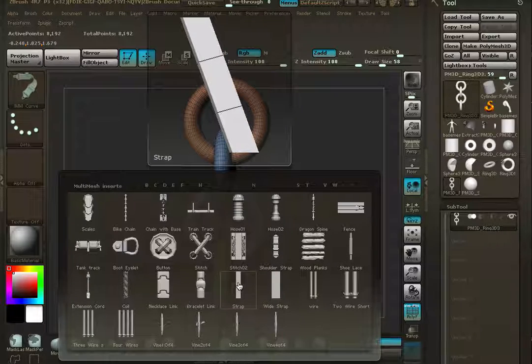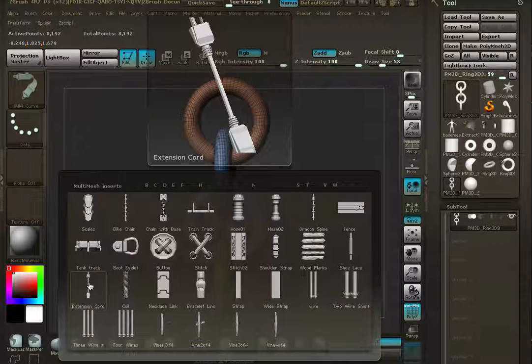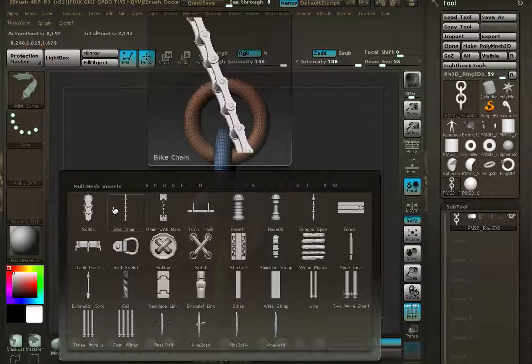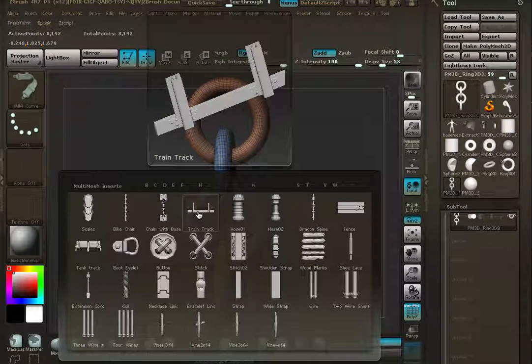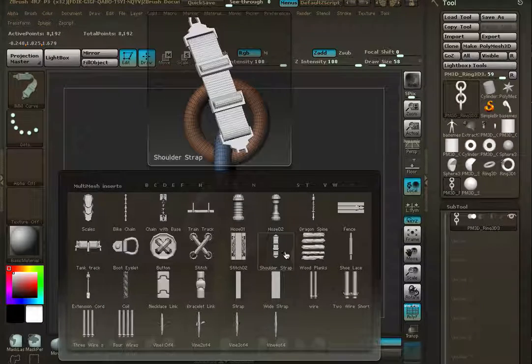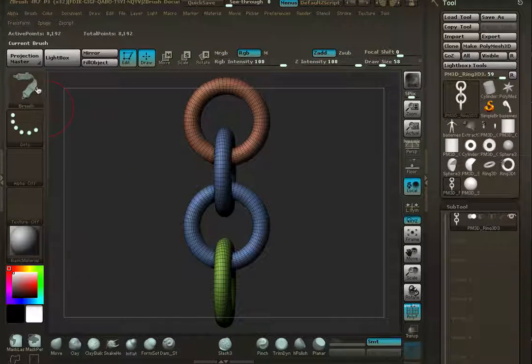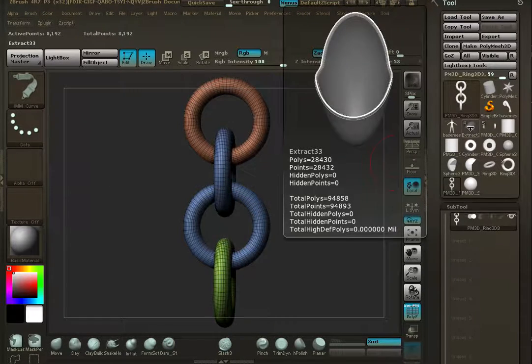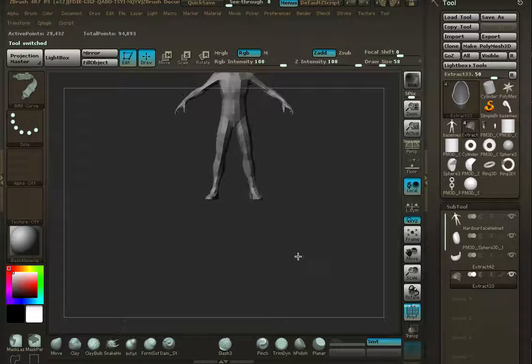Here it's just 3 rectangles put together, and it repeats that middle one over and over again to make a nice strap. This one here, the 2 plugs on the end are 2 meshes, and the cord in the middle is the one that gets duplicated, and so on and so on. So there's a lot of really great things in here. And feel free to look at all of these and look at all your brushes and use these on your